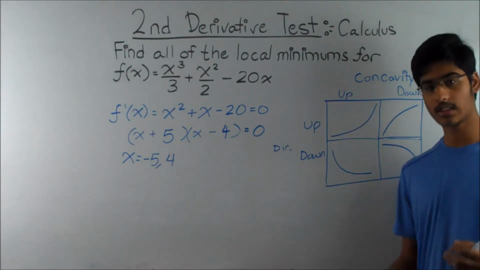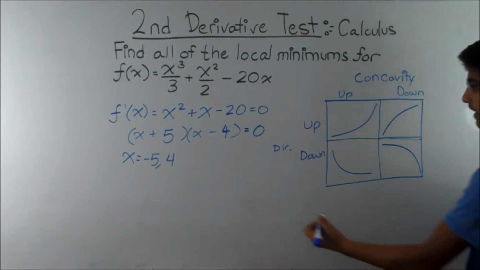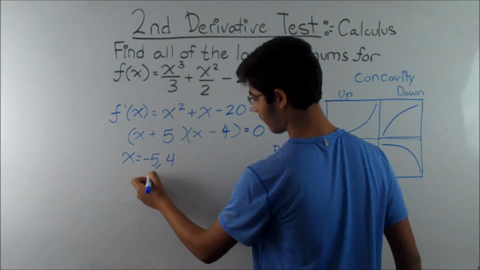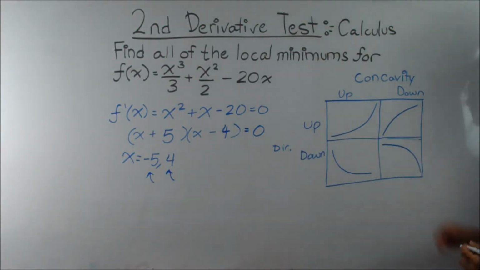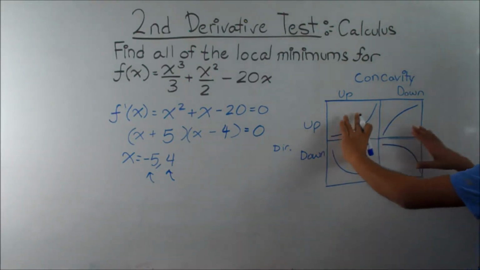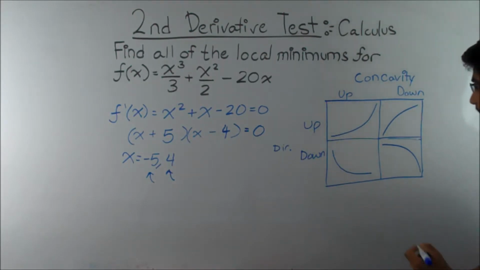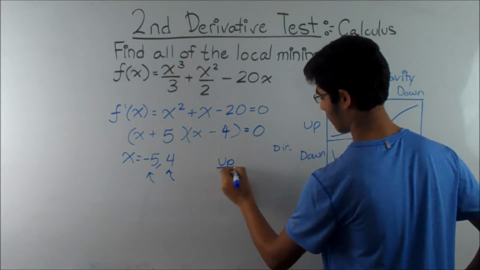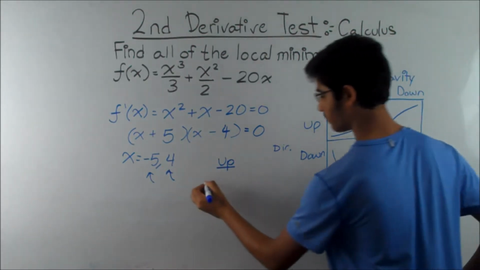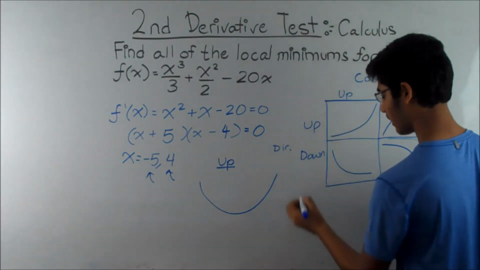So, what does this tell us? Well, this tells us that if we're trying to find whether these are minimums and maximums, we can look at the concavity. If it's concave up, so now let's take whatever we know, and let's just do it with just concavity instead of direction. So if we had something that was concave up, then it would look like this. If we had something that was concave down,